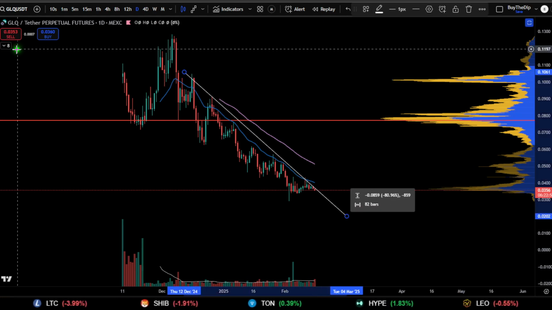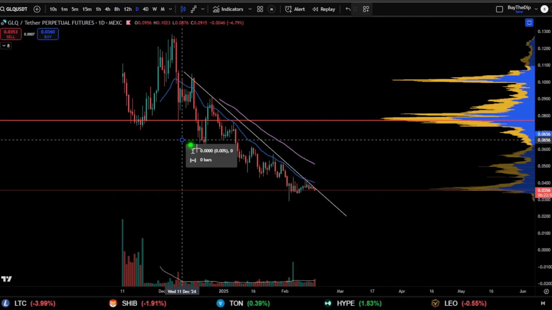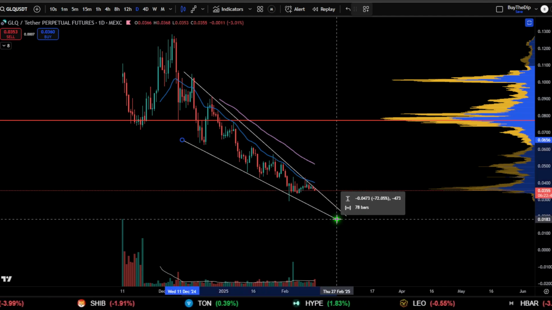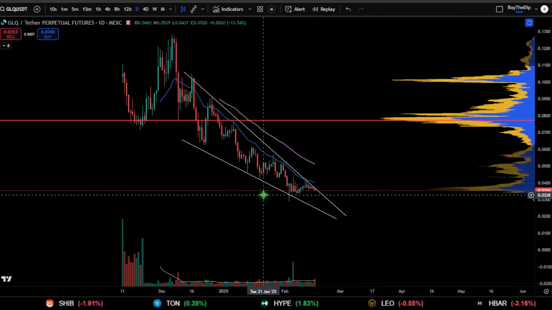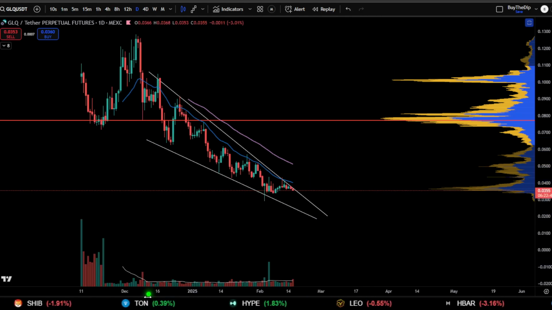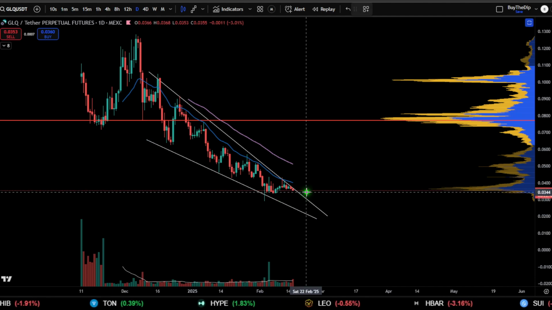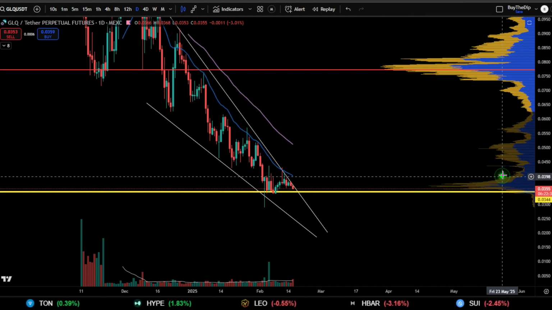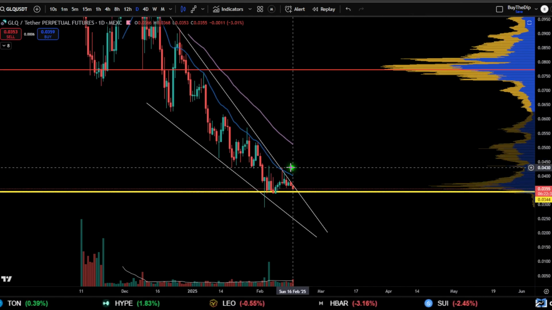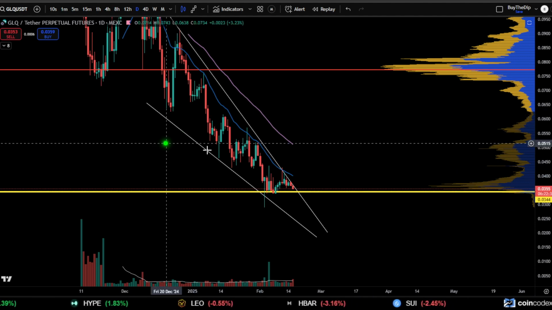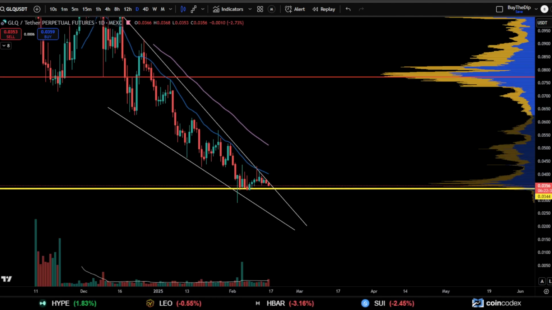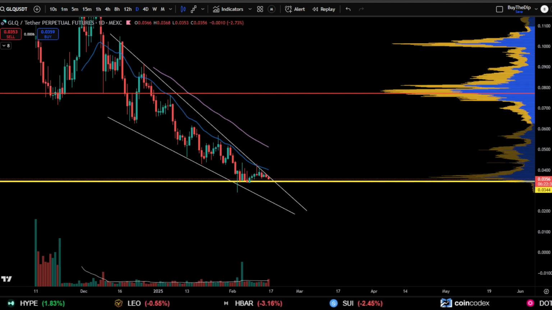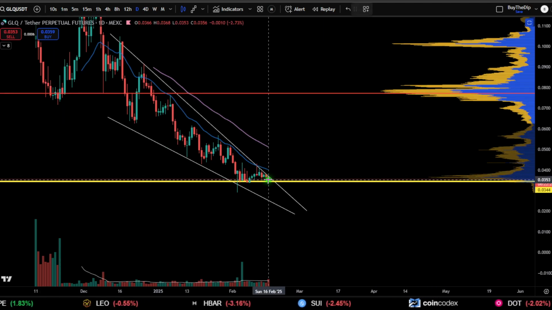And we have to respect that, right? Don't try to front run it, but we need a little bit more evidence, especially after a huge move like this. Now, we can highlight some key areas where I would like to see some reactions. And to be honest, right now is a good reaction level. Why do I say that? Because of the volume. If we can hold this level, get a pivot point structure on this descending wedge, I'll let you know, descending wedges are my favorite structures to trade, because you can potentially see something come out of this.